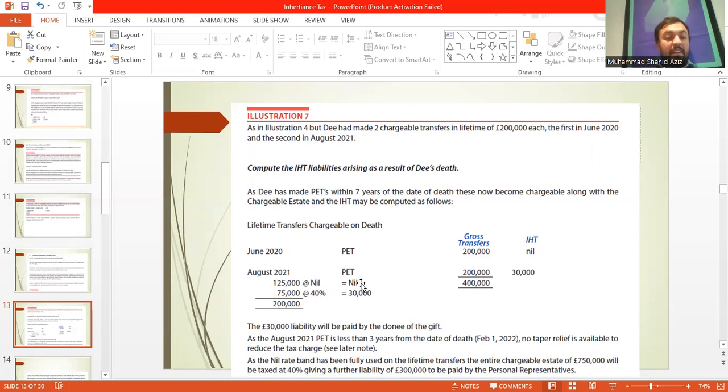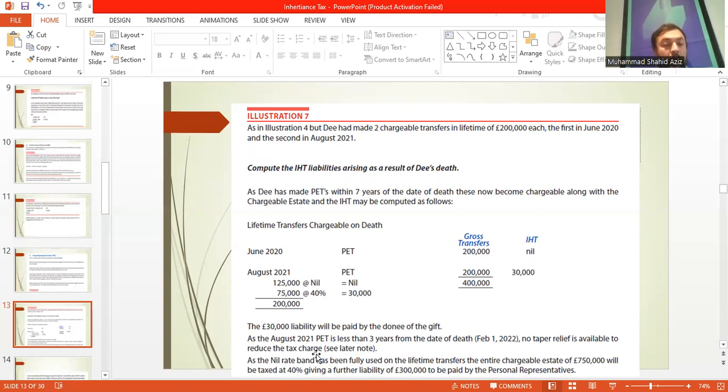There is no inheritance tax on that. The remaining is 175,000 pound, because the second gift was 300,000 pound. So the first was fully exempt because it came under the nil rate band. For the second one, 125,000 pound comes under the nil rate band, and on the remaining we need to charge 40%. So the tax payable is